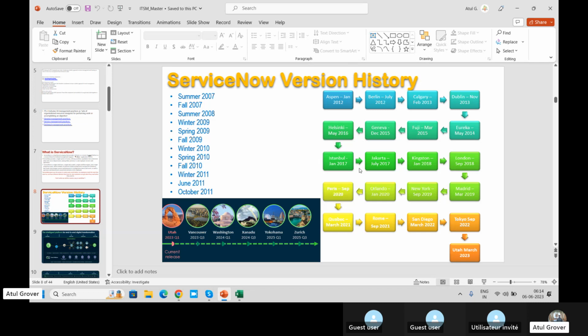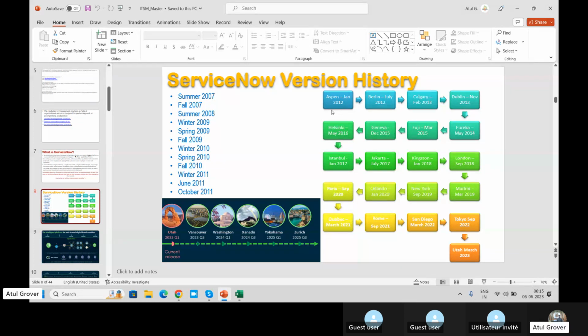But when the same girl gets a mother, becomes a mother, and the relationship forms, then it's called the update. This is what is easy to understand in ServiceNow. ServiceNow started its releases in 2007. At that time they followed season names like summer, fall, winter, spring. Till 2011 they were doing it like this only. But then they picked up city names.